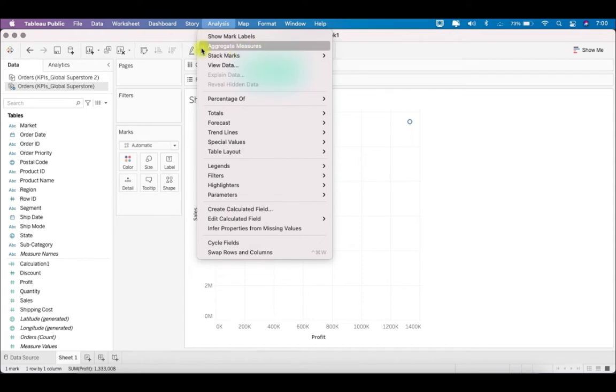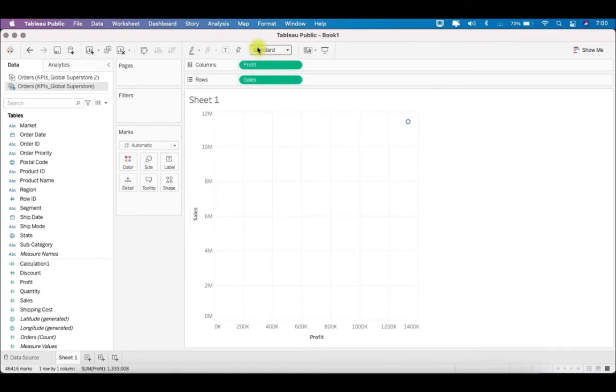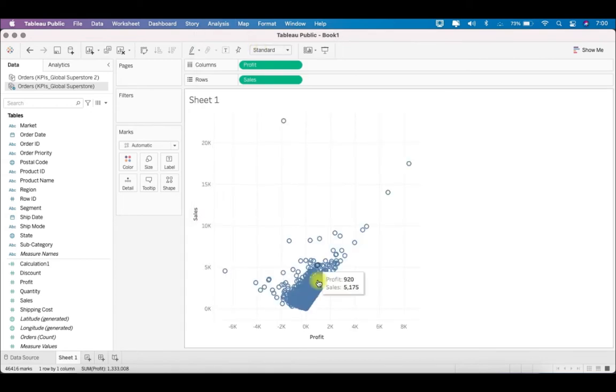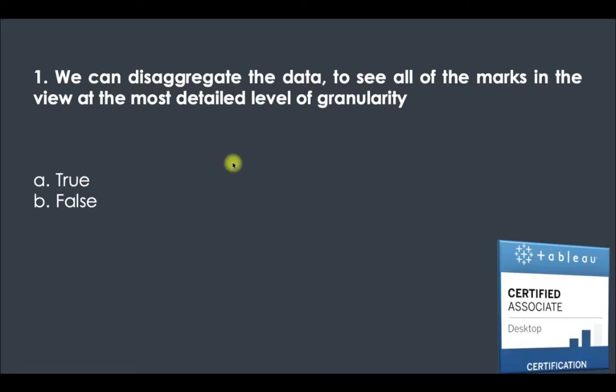The moment we uncheck this, it will disaggregate. Now you can see one mark for one record. So you have all the records plotted here as marks. So yes, we can definitely disaggregate the data.